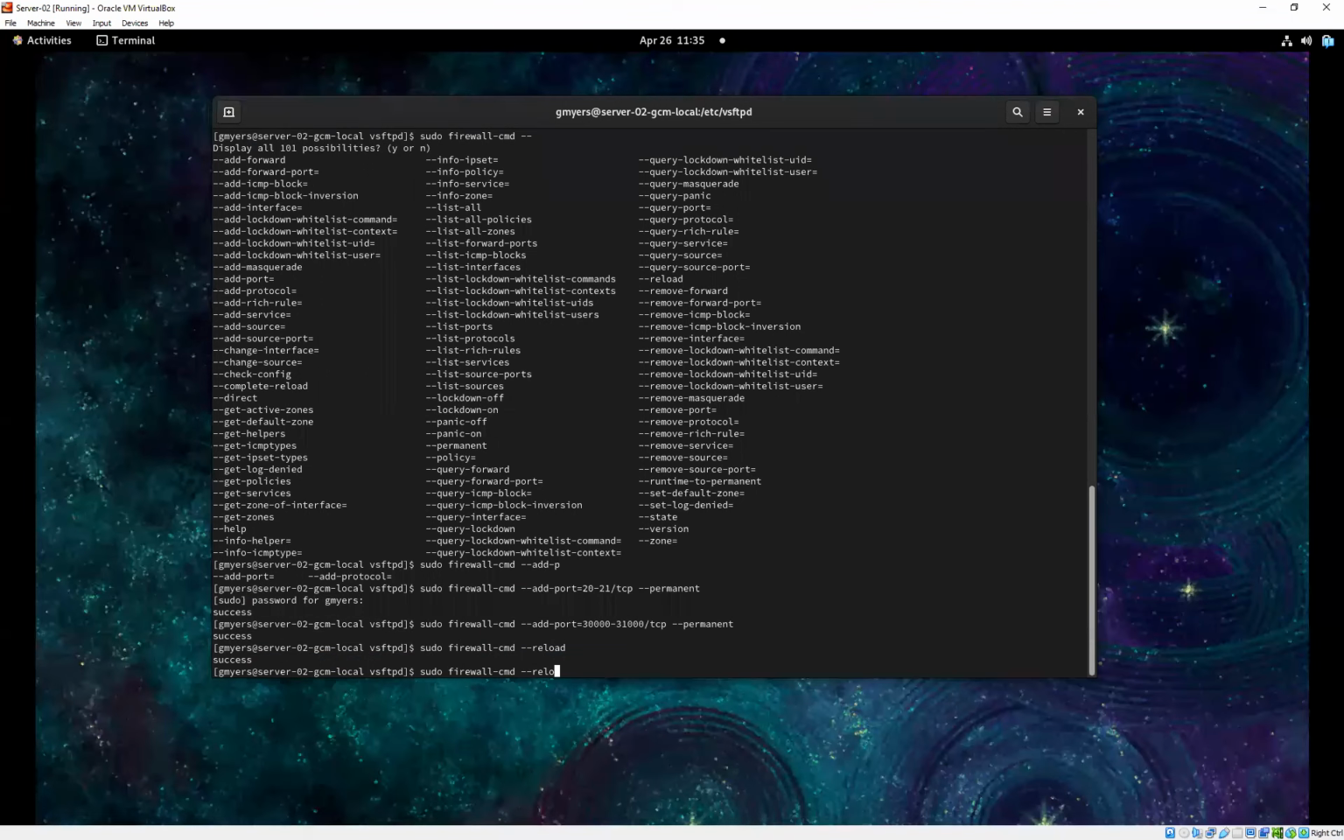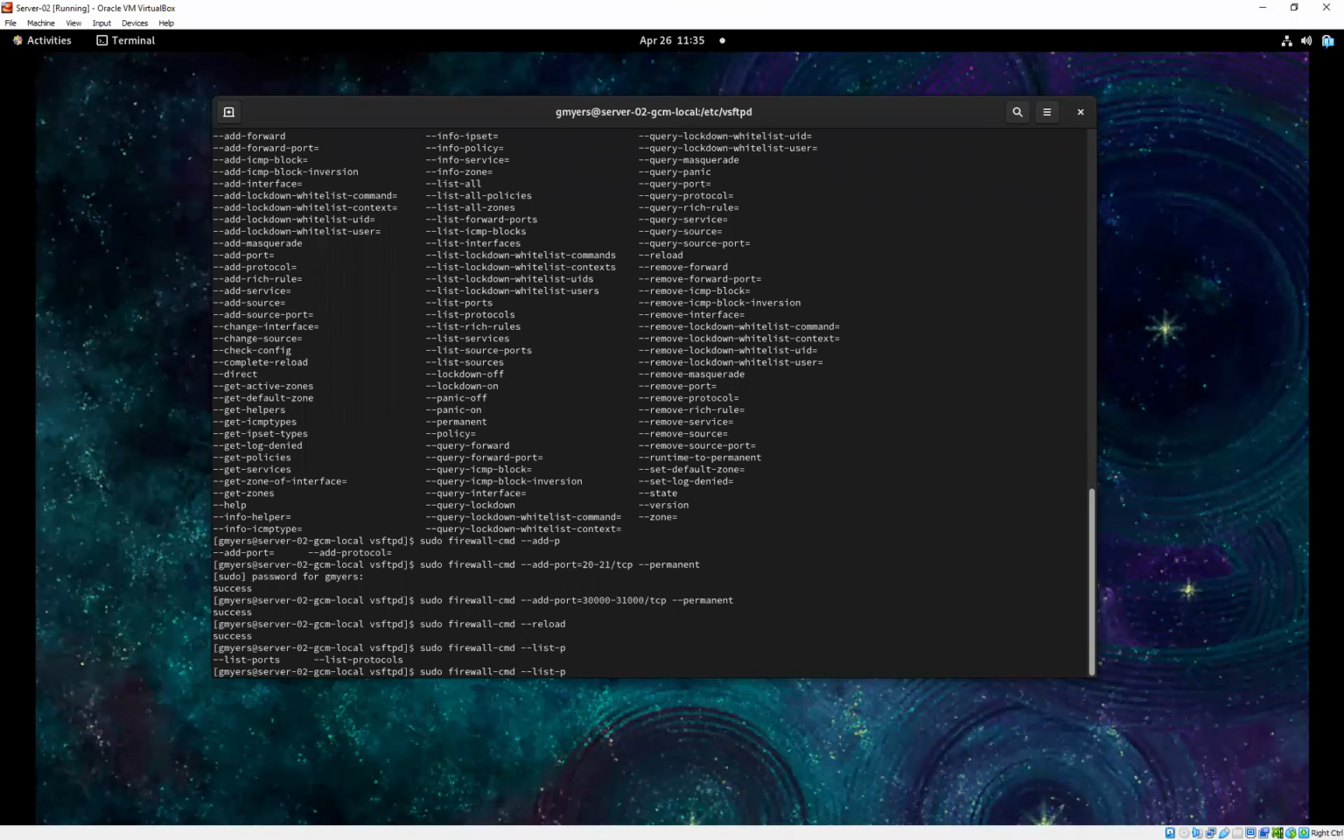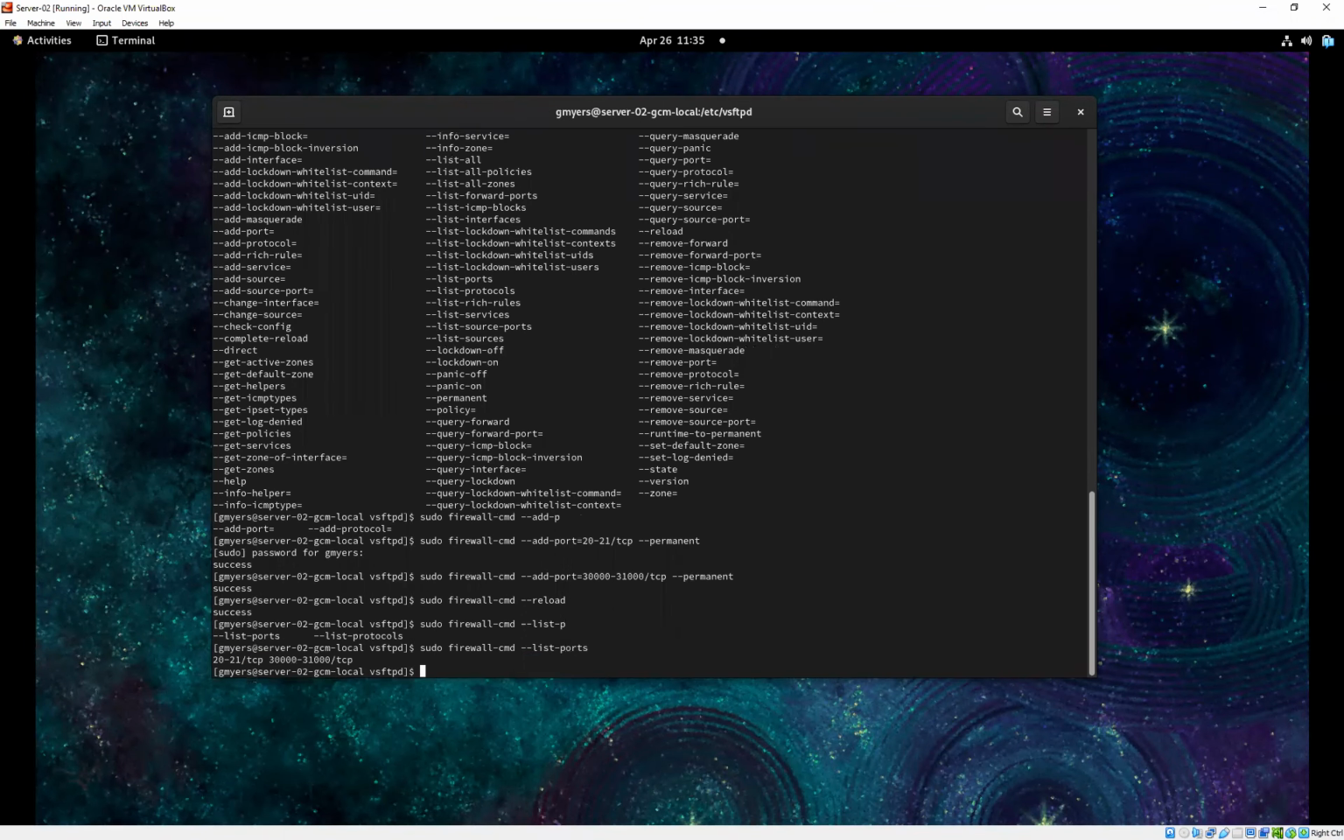Again, we have success. Another feature that's useful is simply to list the ports that are open. At this point, you'll see that I have my 20 to 21 for TCP, as well as my 30,000 to 31,000, also for TCP. We should be pretty close to starting up our FTP server, and in order to do that, all we need to do is run this sudo command with, in this case, systemctl, and we are going to start our vsftpd